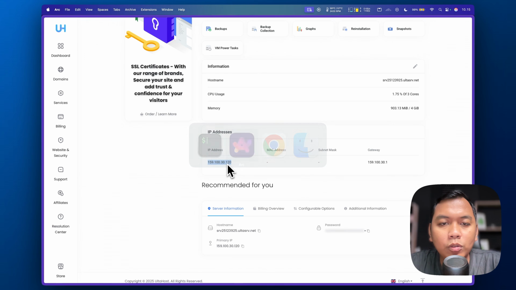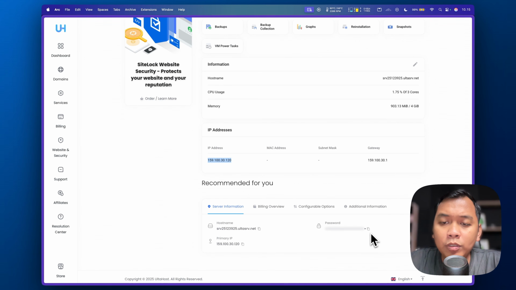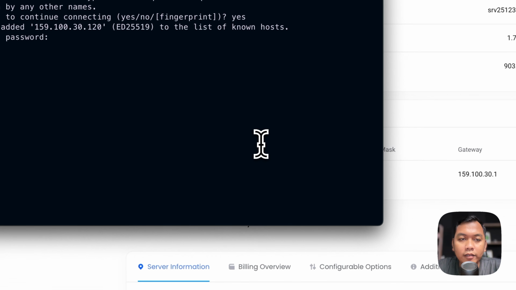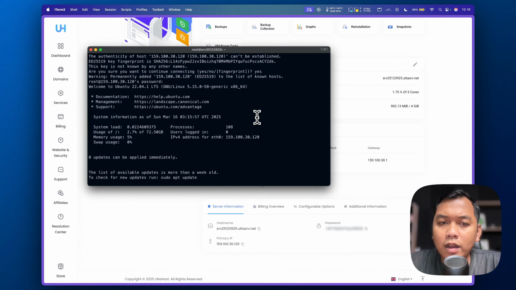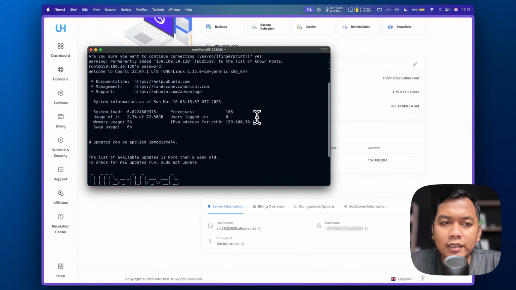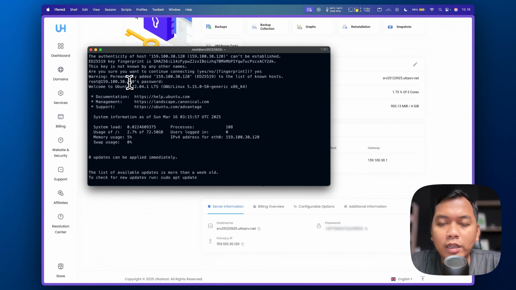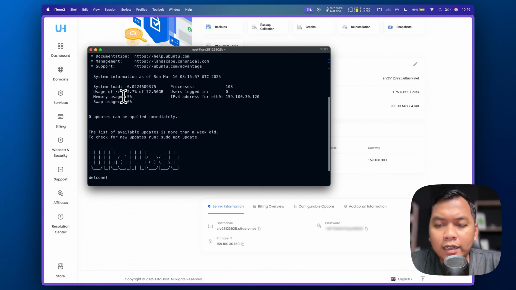And now we need to input the password here. Just input it. And yeah, now I'm inside this server, which is Ubuntu, as you can see here, Ubuntu 22, and this kind of